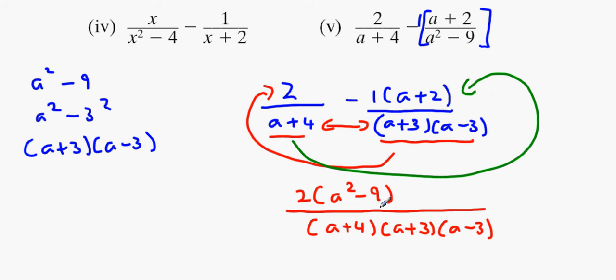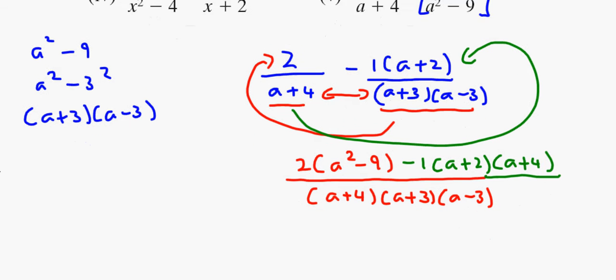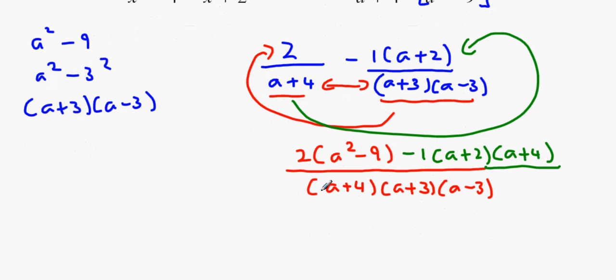So that's going to be minus 1 times a plus 2 by a plus 4. And then we're going to close the bracket here. Okay. Now we're going to multiply these out, and what do we get? We're going to get 2a squared. We're not even going to attempt to multiply out the bottom. Minus 18